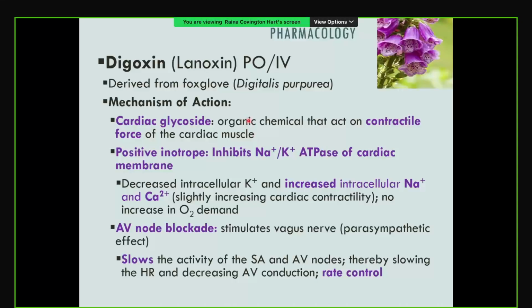So when we look at this, we said already earlier in class that it was a cardiac glycoside. And when you talk about that, what it is doing, it is acting on that squeeze, the contraction that is